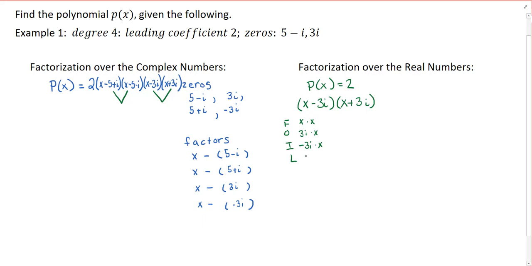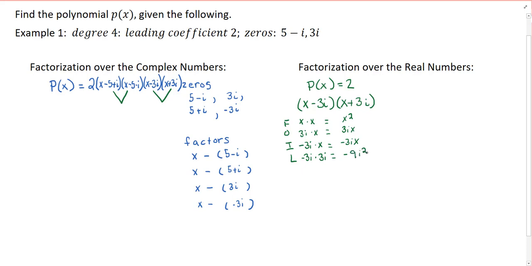And then last is from 3i times negative 3i, and I'm going to put the negative one here just so the negative's in front, and so it's negative 3i times 3i. And so then you go ahead and you simplify each of these, and in doing so you see that you get x squared, 3ix, negative 3ix, and then negative 9